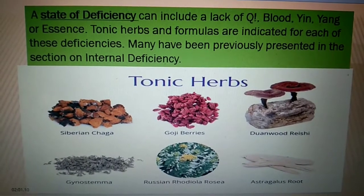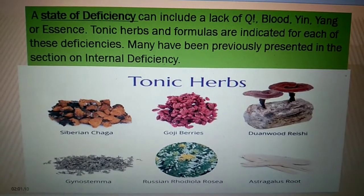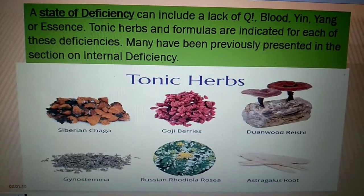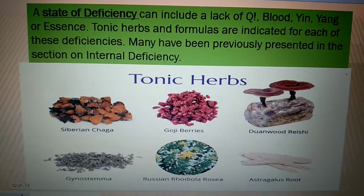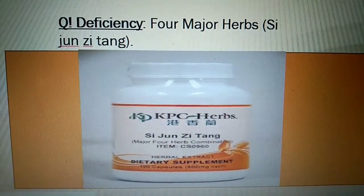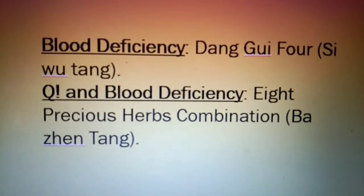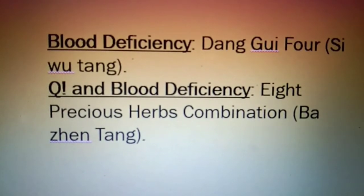A state of deficiency can include a lack of qi, blood, yin, yang, or essence. Tonic herbs and formulas are indicated for each of these deficiencies. Many have been previously presented in the section on internal deficiency. Qi deficiency: Four Major Herbs, Si Jun Zi Tang. Blood deficiency: Dang Gui Four, Si Wu Tang. Qi and blood deficiency: Eight Precious Herbs combination,